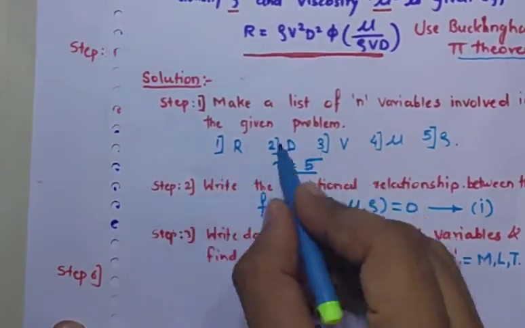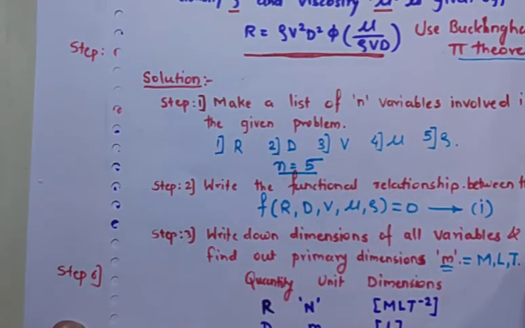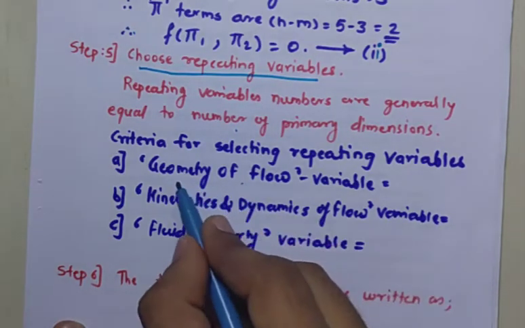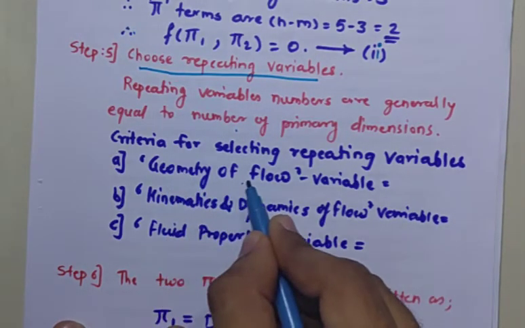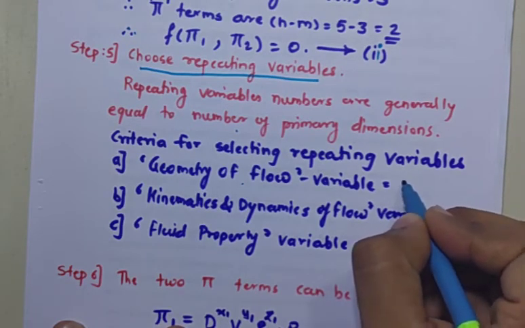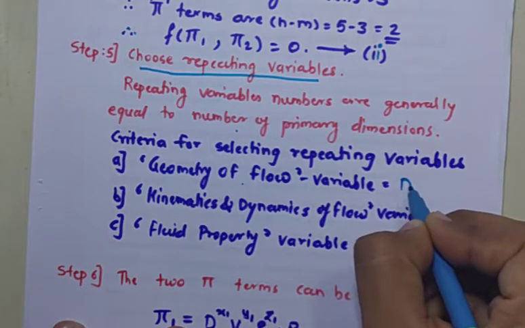Except this R, the different variables are d, v, mu, rho. Out of these 4 we have to choose 3 different repeating variables. The first one should describe the geometry of flow. So out of those 4 variables, the geometry of flow will be described by